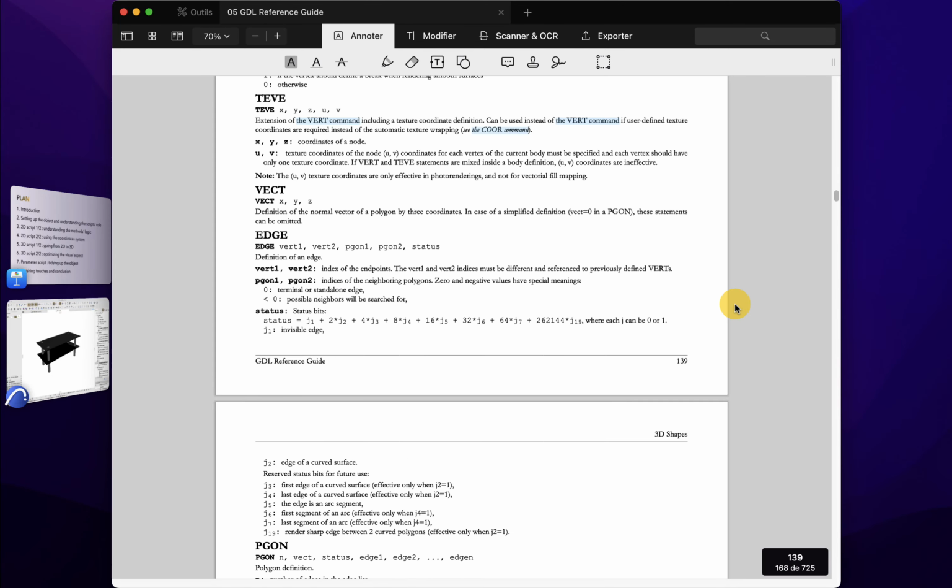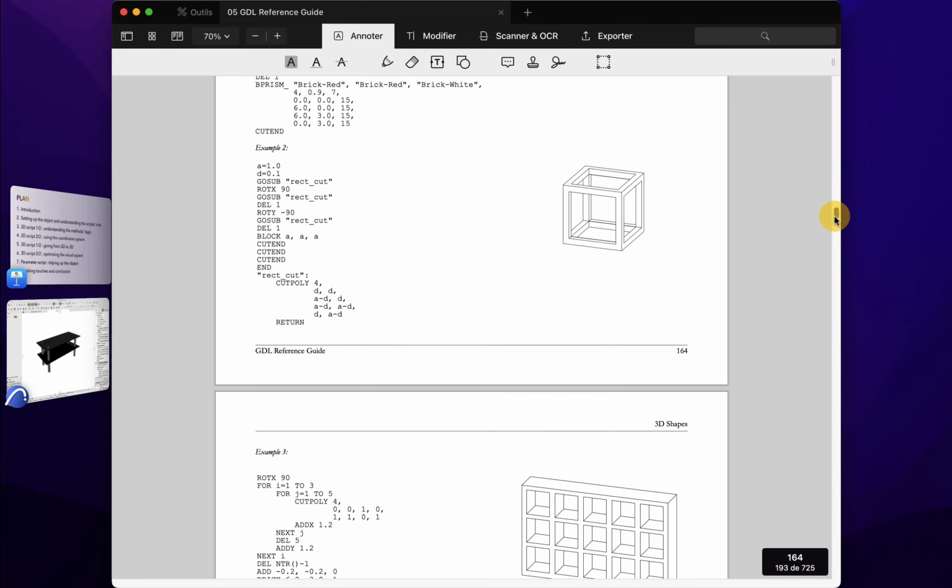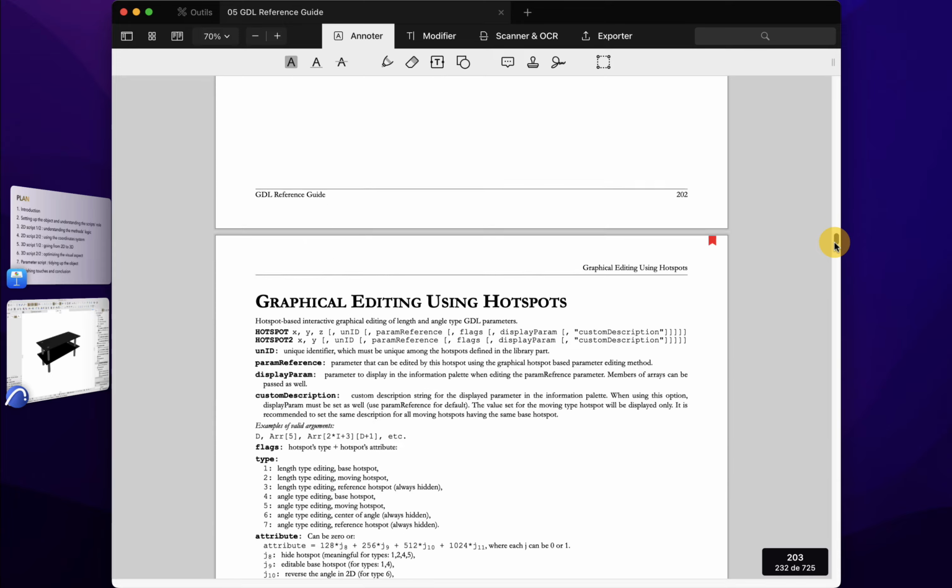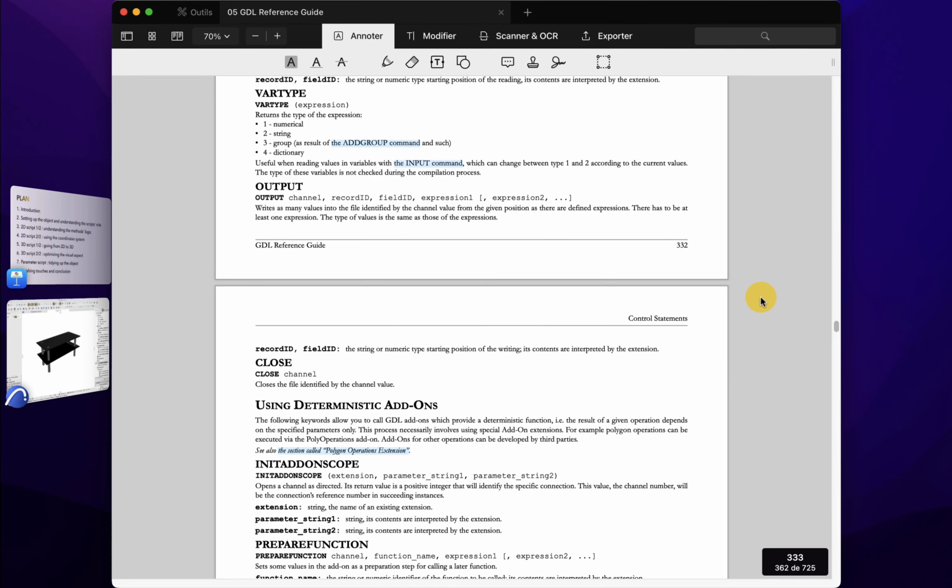I still use it. It really is a goldmine for GDL knowledge. So you will need to read it, and it's 700 pages if you really want to be proficient in GDL.